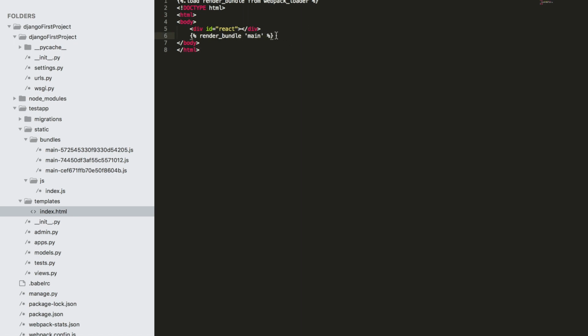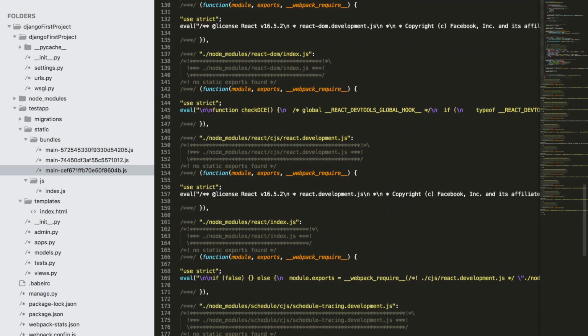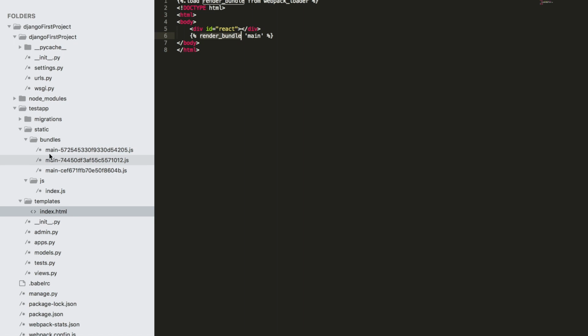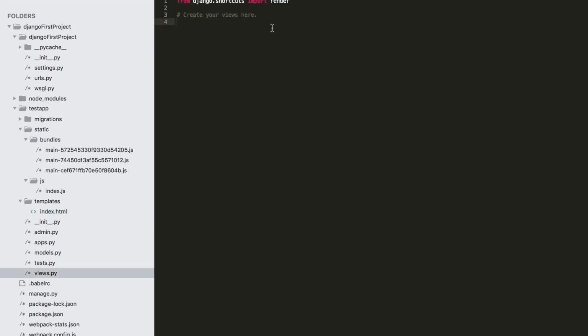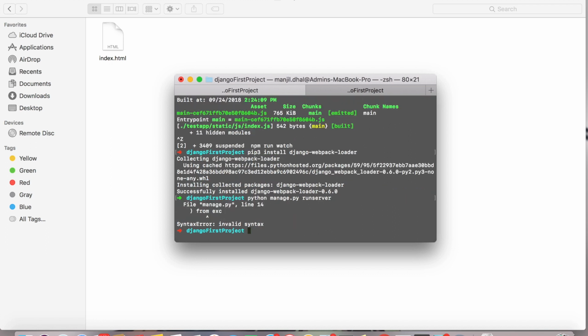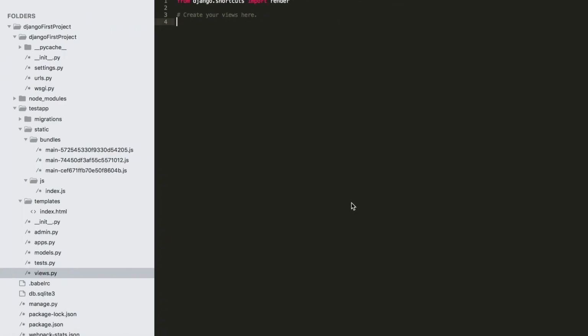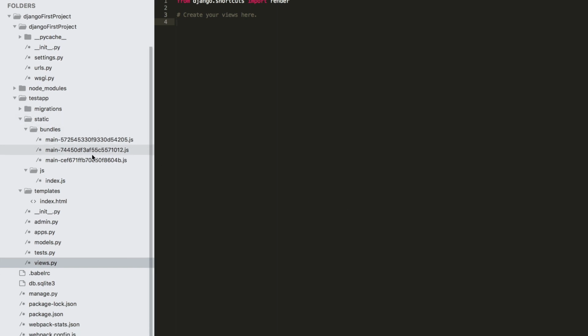All the React things, whichever are bundled in our bundle.js, in this main bundle, all of these things would be integrated over here. Main is by default the name of the bundles, so this will now integrate. But even if you go to the browser now, we cannot see anything because we haven't started our Django server. So we'll run python manage.py runserver, sorry, python3 in my case. It will run the server, but only running the server won't give us anything because we haven't set up our URL. So